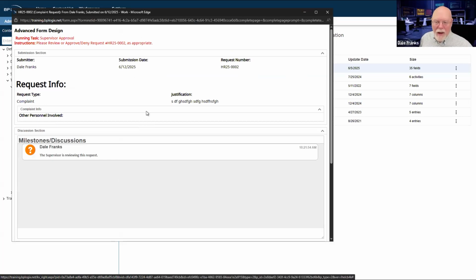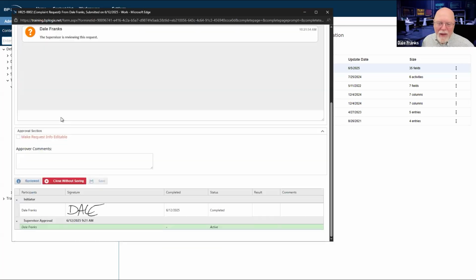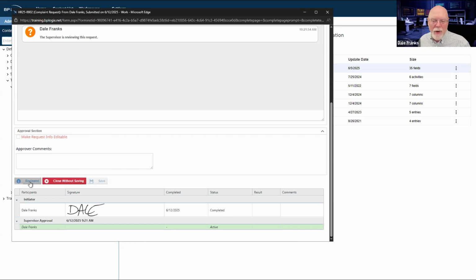There we go. I've got my complaint. I've submitted it. I'm in the supervisor approval activity, which I don't really care about at this particular point. But note that my task here, because it's a complaint, I'm reviewing it. I can't resolve it. I'm just going to review it, which is going to send it off to my manager.